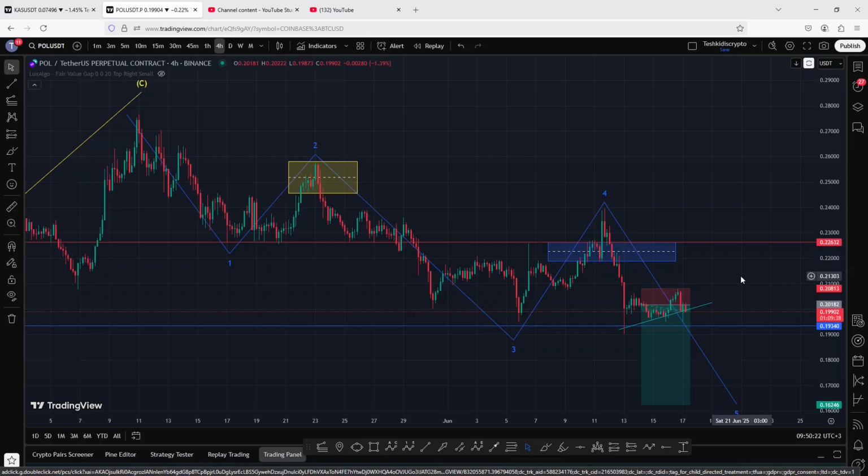Polygon Matic continues to see further breakdown moves after losing our key area of support above the 0.22632, flipping that key area back into resistance. And at the time of this recording, we continue to hold above a horizontal line of support above the 0.1934. And on today's update video, I will be discussing the next target areas that you need to pay attention to,